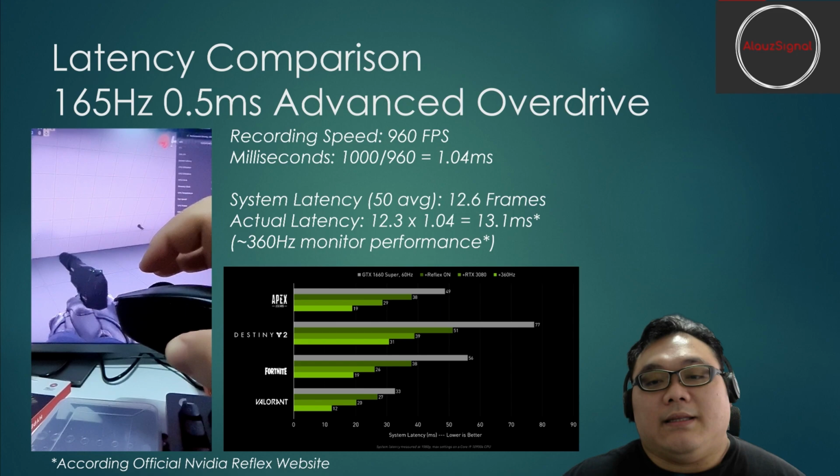But since then I actually redid the test 2 more times, so basically 100 results after this, and I actually got the same average. So I can confirm that yes, this monitor's system latency is actually pretty fantastic and a